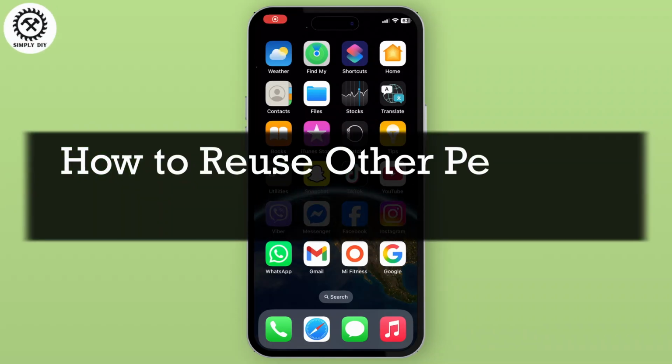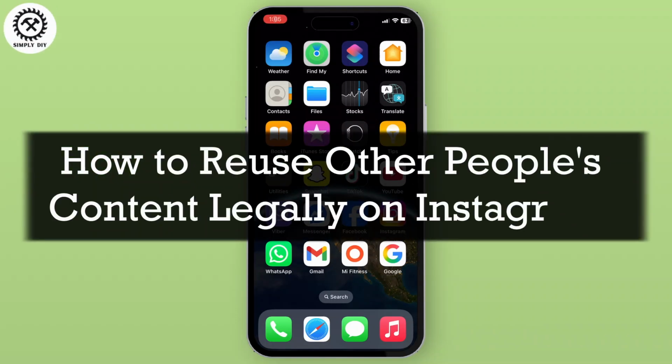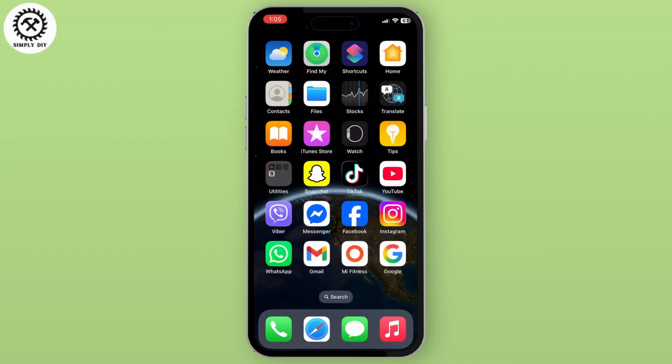Want to reuse other people's content on Instagram legally? In this quick tutorial, I'll show you the correct way to repost and reuse content without getting copyright issues. First, keep in mind that reusing content on Instagram means sharing or repurposing media created by others, but only properly and respectfully. It's very important to always follow copyright rules and give proper credit to the original creator before using